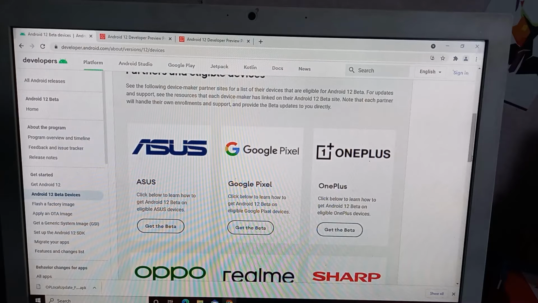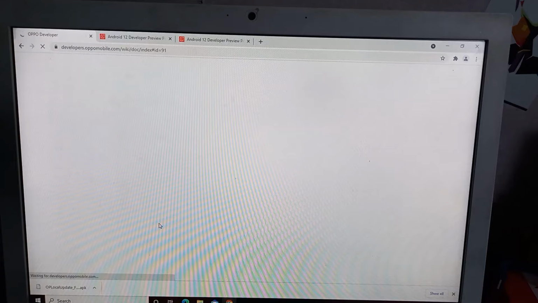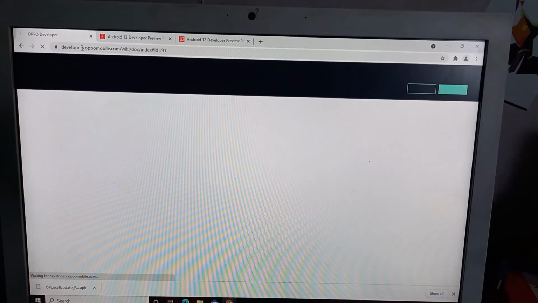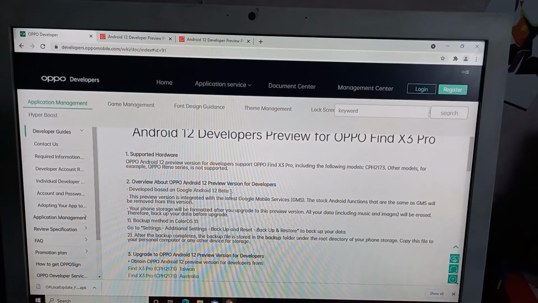Now I will go to Oppo, and we can see it automatically takes us to oppomobiles.com, and from here we can download the Android 12 beta version for Oppo devices. My website is loaded. Now we can see here Android developer preview for Oppo Find X3 Pro. So this model, only for this model, Oppo model supports Android 12.